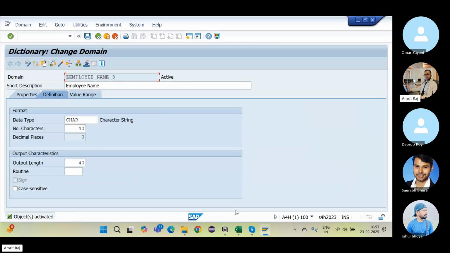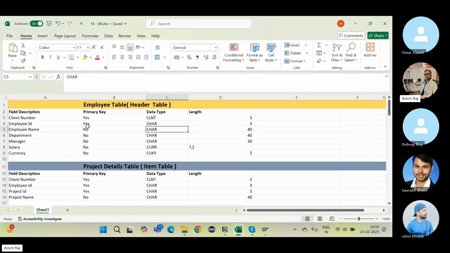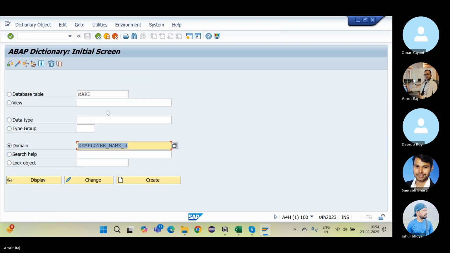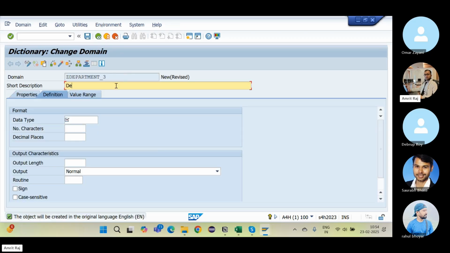So the third one is department. It is character 40 again. So let's go there. This time Z department. I'll give here a name, department, create button, short description, department,